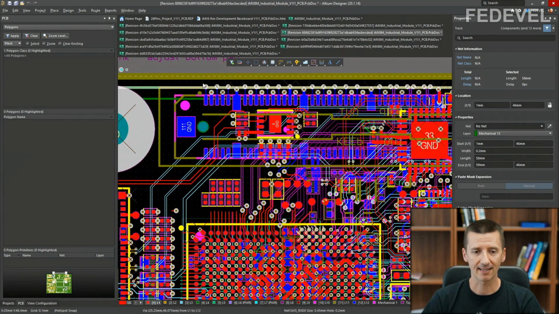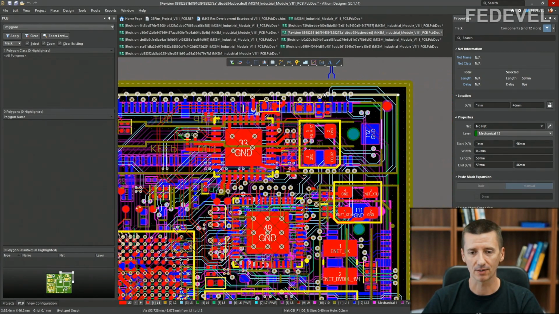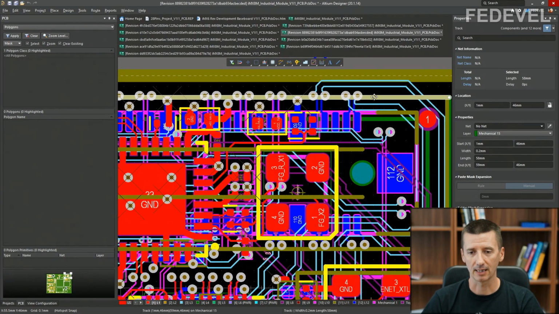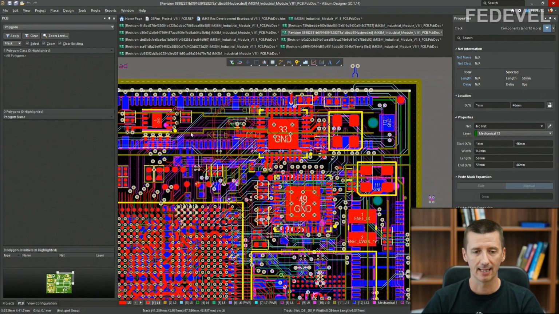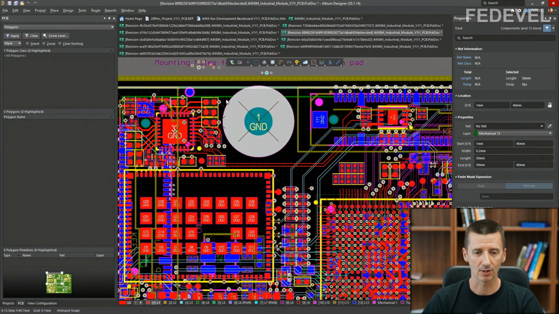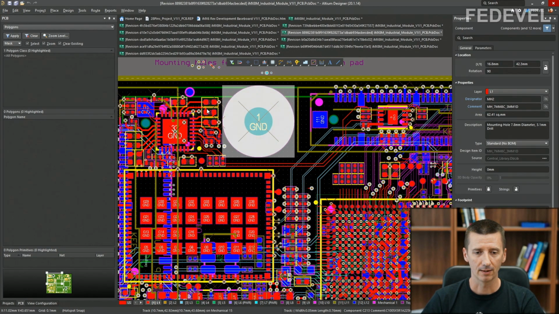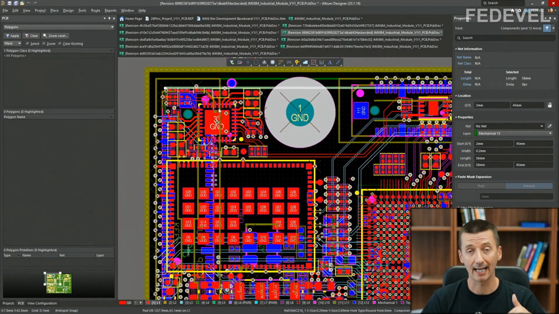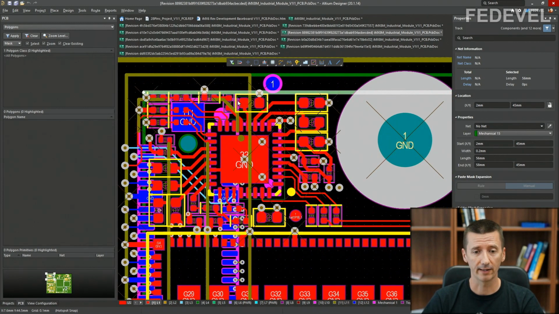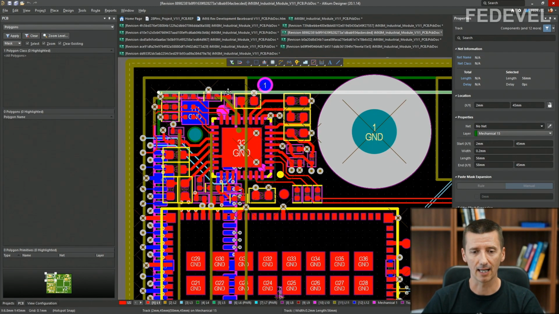So there should be nothing routed behind this green line which is here. And this second green line, this one, is telling me how far I can place components. So you can see there should be no components placed further behind this green line.